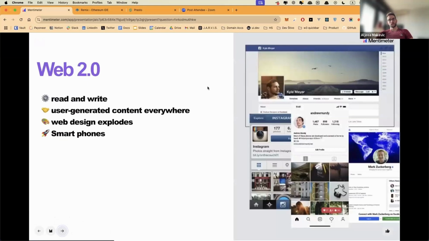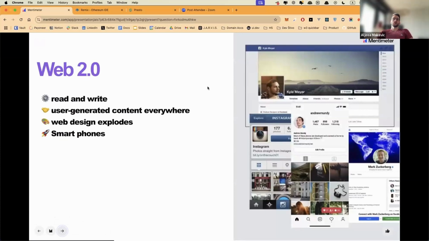So a little bit later, when our hardware and software evolved, we moved on to the read and write era, Web 2. And we're in this era right now, kind of mixed with Web 3. But a staple of this era is user-generated content everywhere.